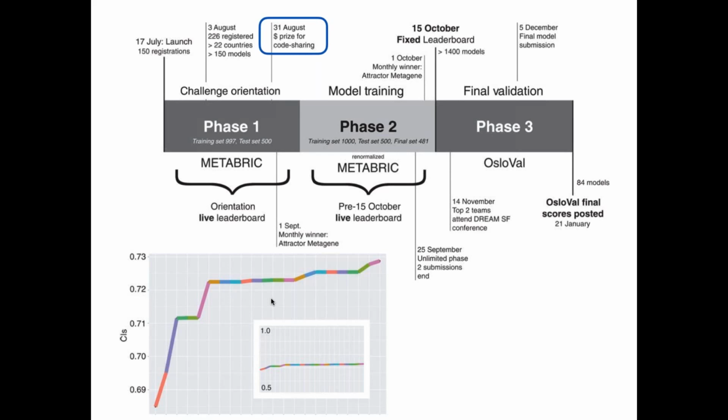And so you can see the metrics on the lower left. You can see a plateau that happens. That plateau coincides with when we tried to optimize for code sharing. And now we don't know if that is causal. We don't know if that is in fact the reason that we saw that plateau. It may be that that really is sort of the upper bound of what was likely to be solved. But we do know that we limited the space of methods that were being assessed.